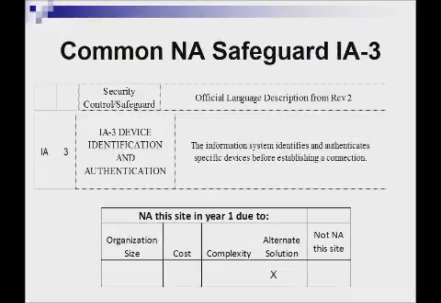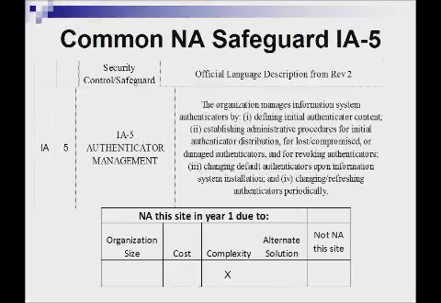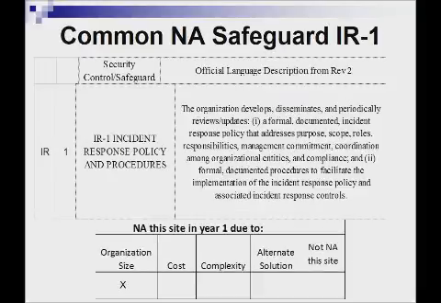Typically, small organization access control uses individual authentication rather than the more complex and expensive device authentication for internal devices. External devices are controlled by the firewall or IPS. A small organization does not typically need a complex authenticator management system. This policy safeguard is meant to coordinate policies across an entire organization, is only for multiple entities which don't exist